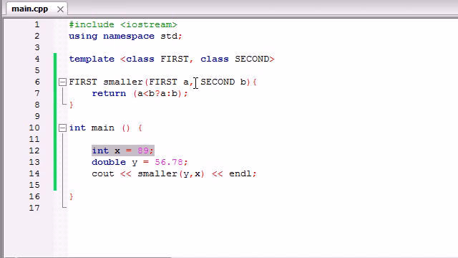So whenever it's looking at your template, wherever it sees first, it's going to replace it with double, and that includes the return type right here in the first parameter, and the second parameter would of course be an integer. So it would take a double and an integer, and since it returned a double, that's why we got back